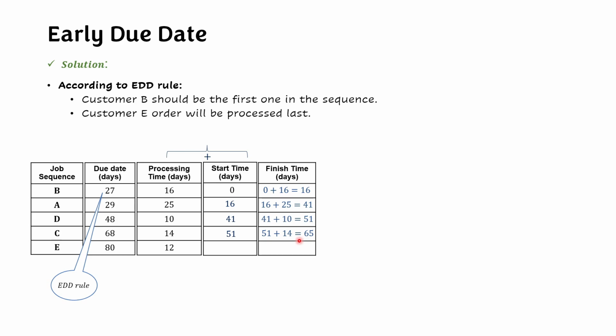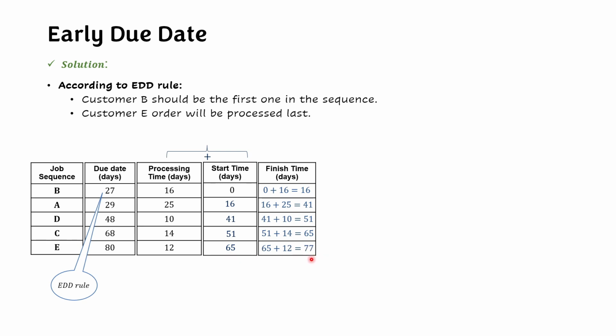Now, according to the EDD rule, job E is the last job in the sequence and we will be able to start job E after the completion of job C, and we know that job C will be completed on the 65th day. So job E will start on the 65th day